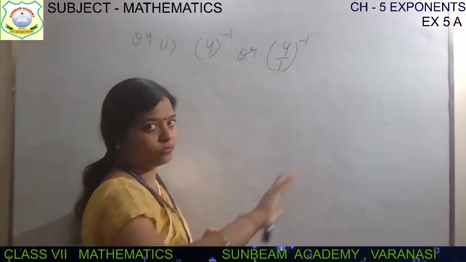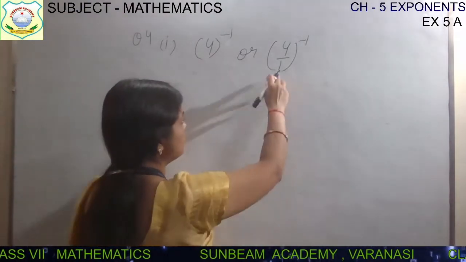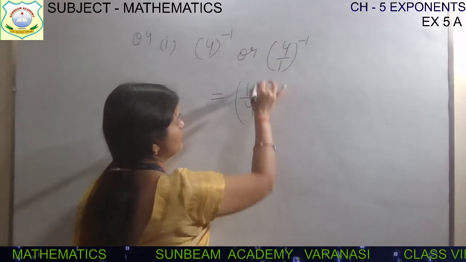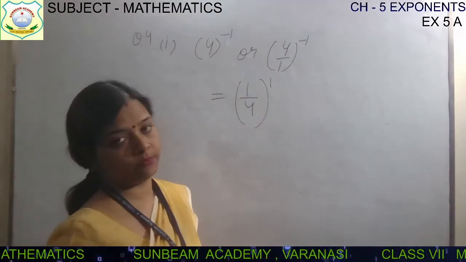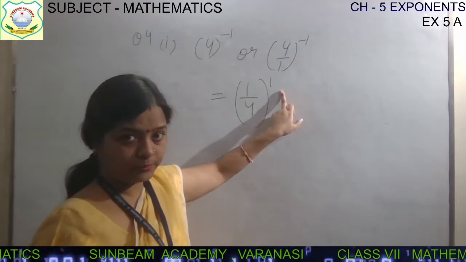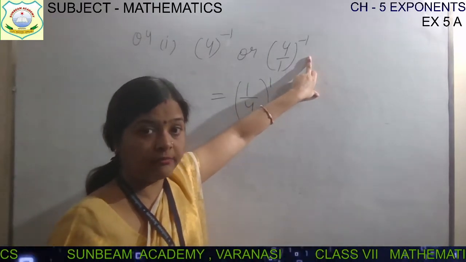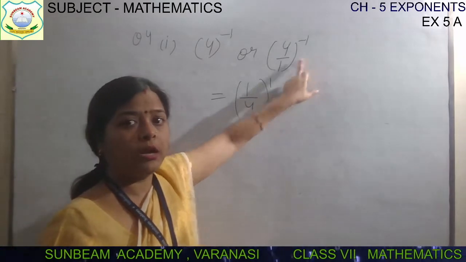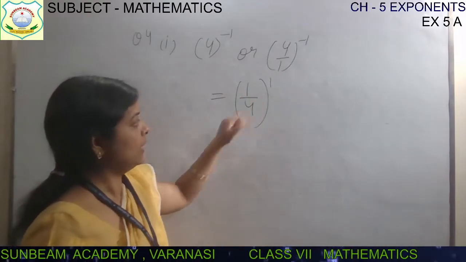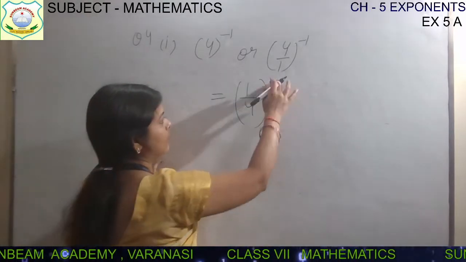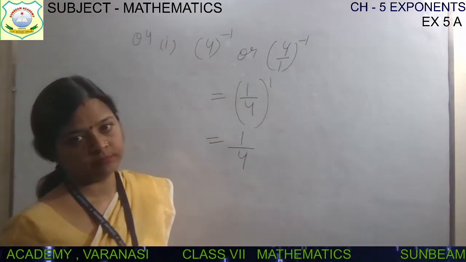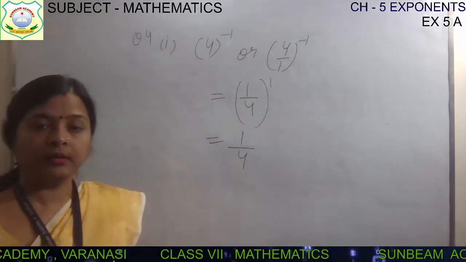It's the same. 4 can be written as 4/1. You know this. The reciprocal of 4/1 is 1/4. And what will its power become, beta? Now it will become positive. The negative exponent will become positive now. Whatever the negative exponent is, whether -1, -2 or -3, now it will become positive. So here it is minus 1, so it will become +1. And now what will be the answer? You know 1 to the power 1 is 1 and 4 to the power 1 is also 4. Okay, 1/4. This is now in rational number form.